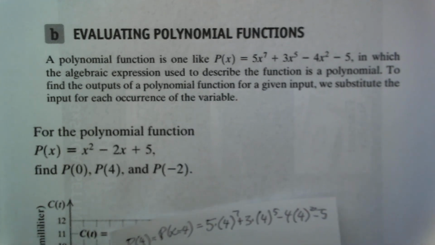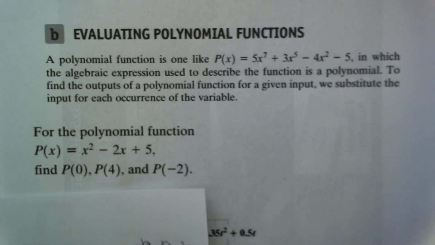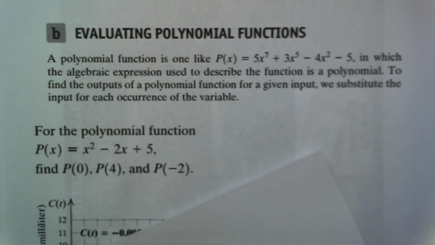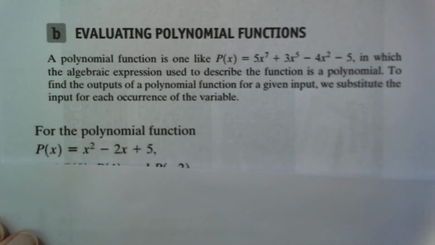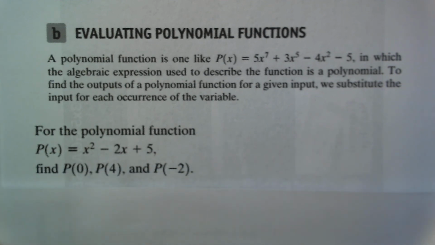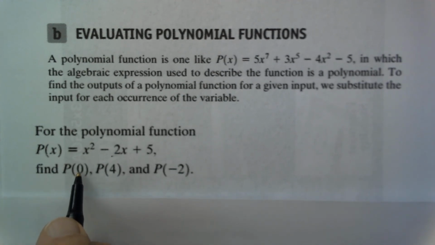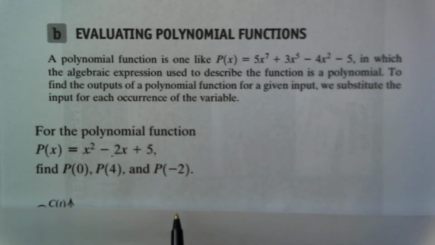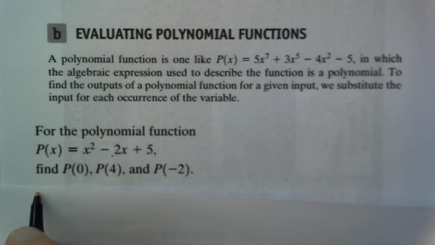And so let's just look at one that's a little bit easier. Here we look at the polynomial function p of x equals x squared minus 2x plus 5. We're supposed to find p of 0, p of 4, and p of minus 2. Now, p of 0 doesn't mean the polynomial is 0. It simply means we replace every x with the number 0. So let's do that. So p of 0